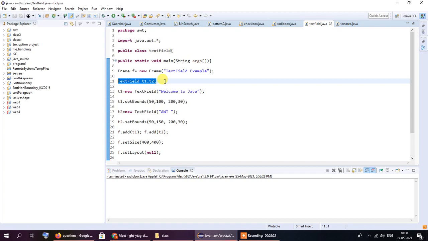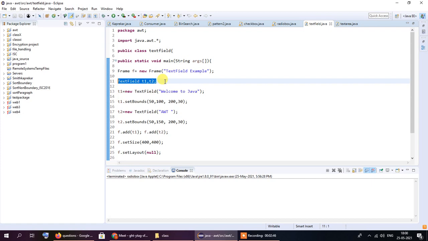If we don't use the setBounds method, it will be displayed at some random, default location inside the frame, and that may not be exactly where we want it to be displayed. So for that reason we are using the setBounds method to configure how the above text field is displayed.